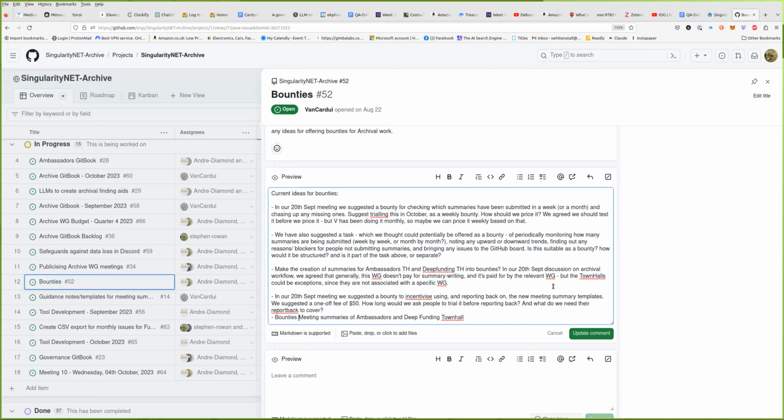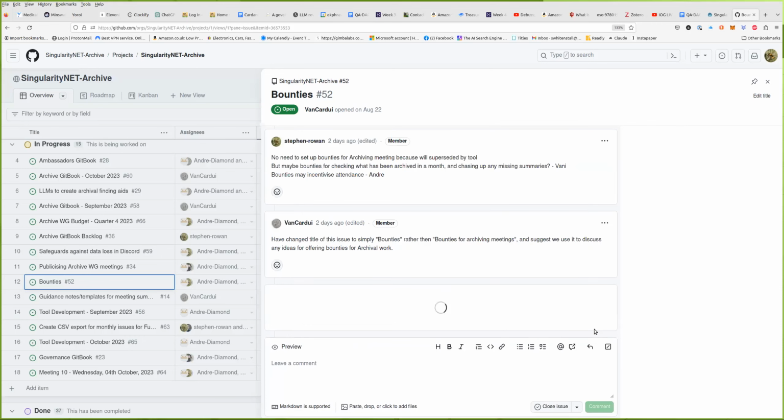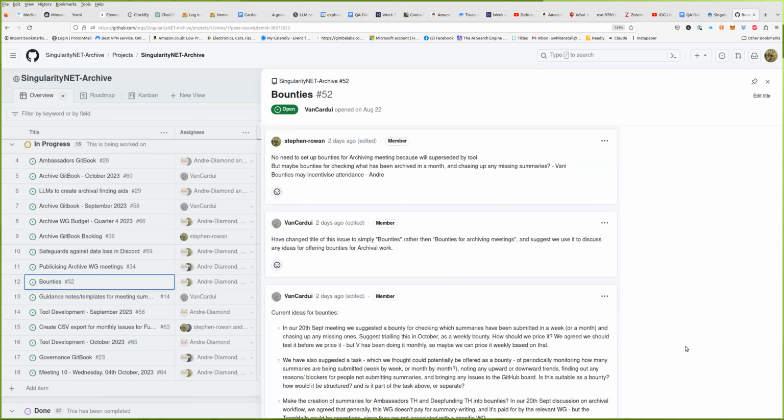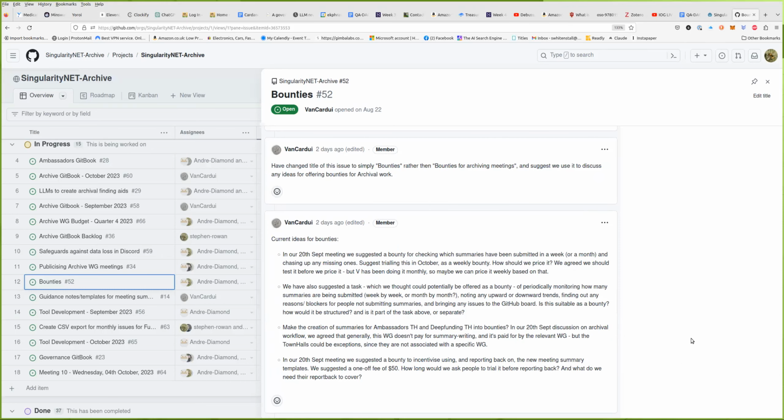So, bounties for those. I suppose the only question with that is that we don't pay a bounty for work groups to do it. But I think it's fair enough because town halls are not associated with a work group. Oh, it's already there. Sorry, it's already there, is it? I already listed it. Oh, there you go. Kenichi, I must have read your mind in retrospect. And you're meeting with Kenichi as well, aren't you?